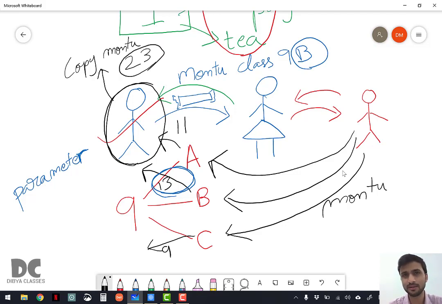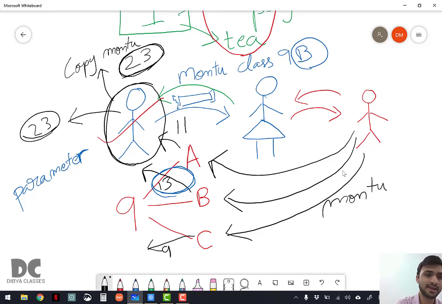Maybe they live in the same area and travel by auto rickshaw, and somehow he remembers that his roll number was 23. Though he doesn't remember his original name, he remembers his roll number, which is 23, because both of them have roll number 23. Therefore he remembers that yes, mine and his roll number is the same, that is 23.